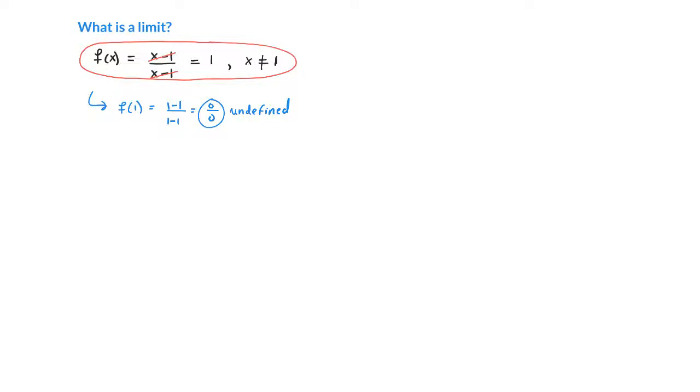So graphically, what does that look like? All right, so let's go ahead and do that. Graphically, here we're going to have the x-axis, the y-axis. Let me label that. So this will be y, this is going to be x. And we know that f of x right here is equal to 1 for every x as long as x doesn't equal 1. So if I want to sketch this graph,